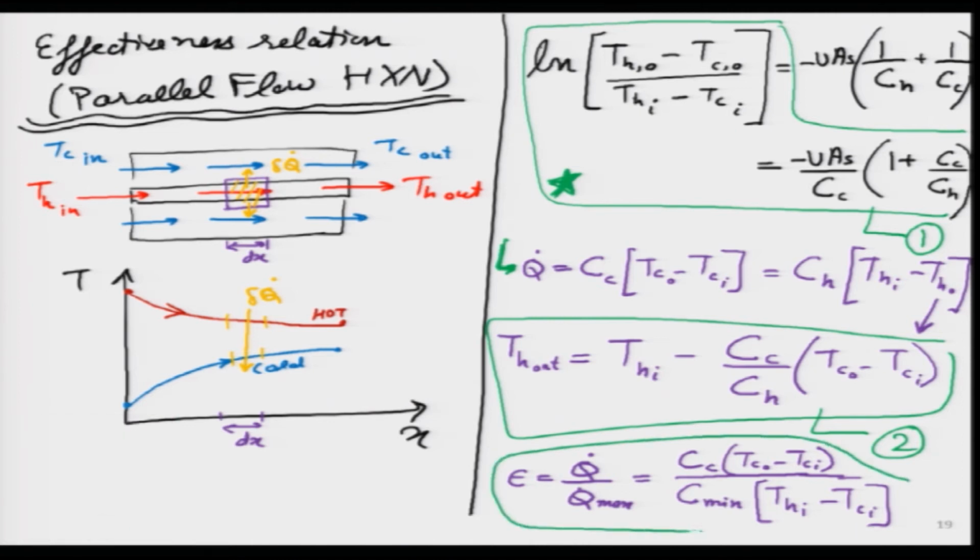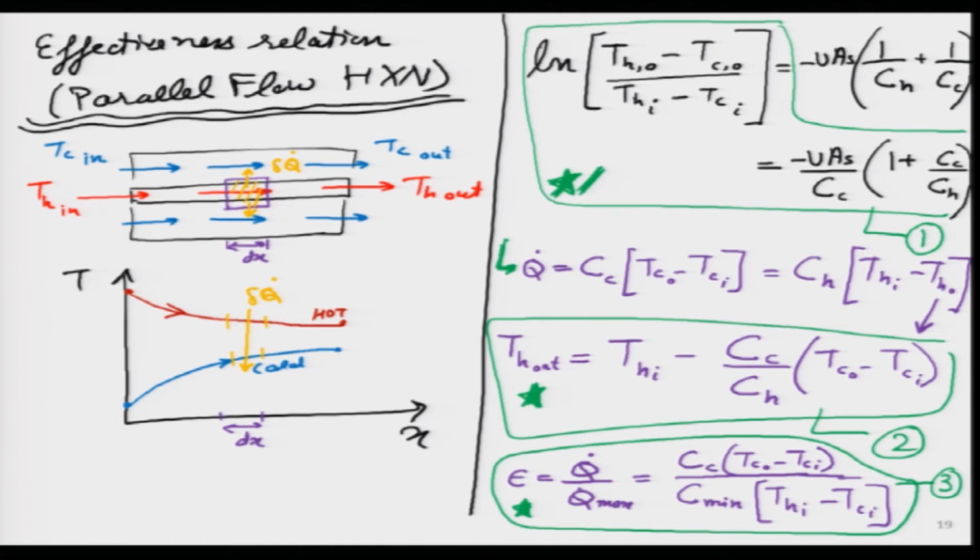So, do not worry, we are getting very close. These 3 equations we are having, that is it. How did we get these 3 equations? Equation number 1 on the top, we have already got from the LMTD analysis, so it was also got very easily. Equation number 2, I will put a star over here, directly from energy balance. Equation 3, directly from the definition of effectiveness, this is the ratio for effectiveness.